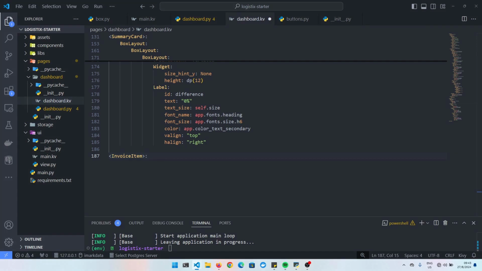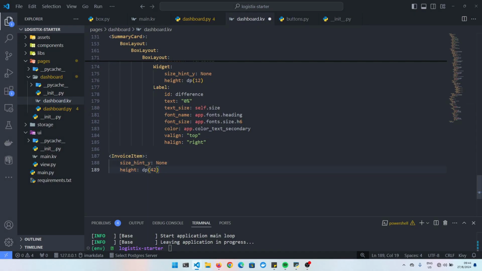This is important. On a grid layout, normally you don't need to define the size for your widgets, but if the grid layout is inside a scroll view, you need to define the prevalent size for your widgets. So define height if it's a vertical scroll view, or width if it's a horizontal scroll view. This is so that the scroll view knows when your widgets are no longer fitting in your grid layout so that it starts scrolling. Remember I said our grid layout grows as we add children to it. So we'll set the size_hint_y to None so that we can set the height of this invoice item